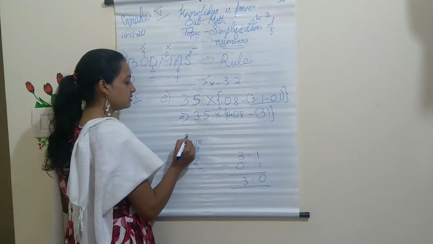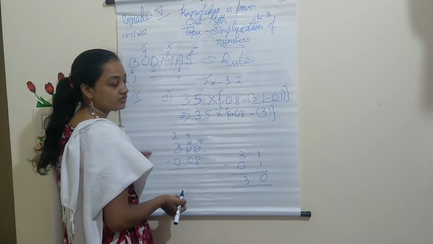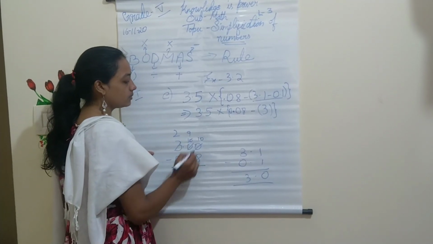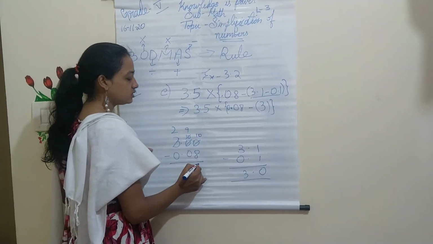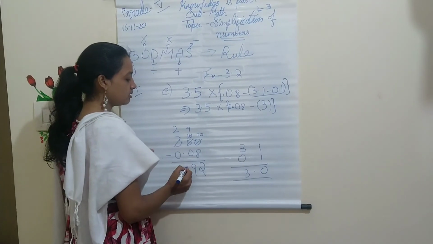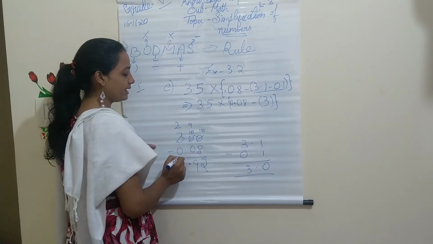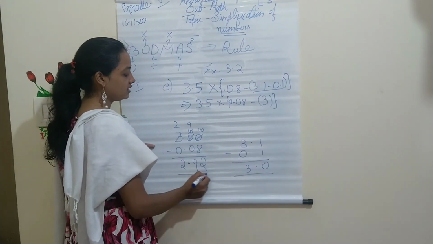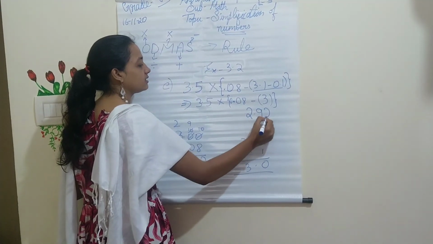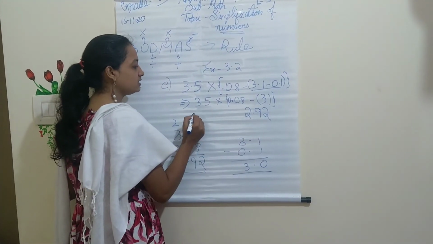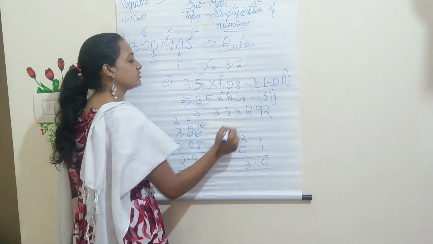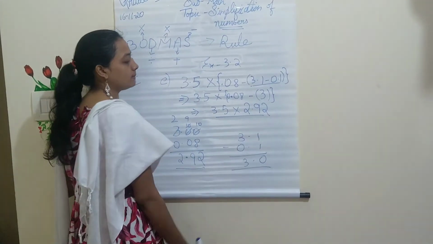Now subtract it. So you have to borrow. After borrowing, the numbers change to this number above. 10 minus 8 is 2. 9 minus 0 is 9. 2 minus 0 is 2. So the answer is 2.92. So now I have finished the flower brackets. The last one I have is to multiply these two numbers.